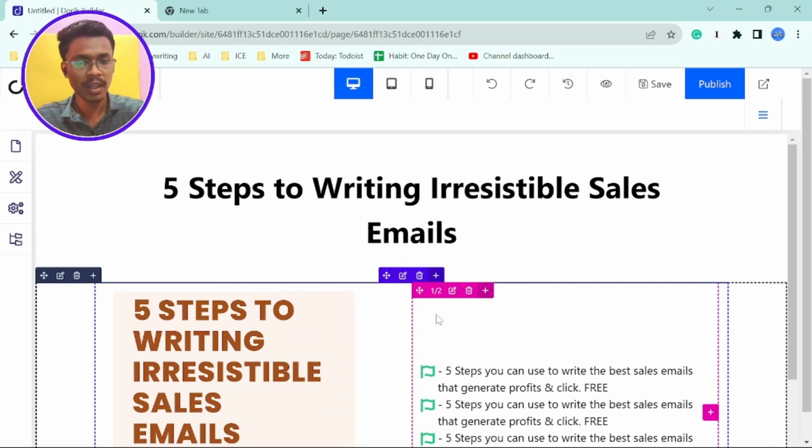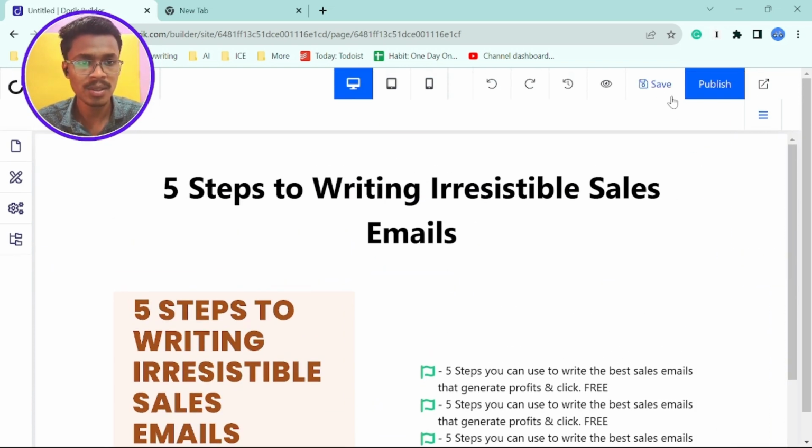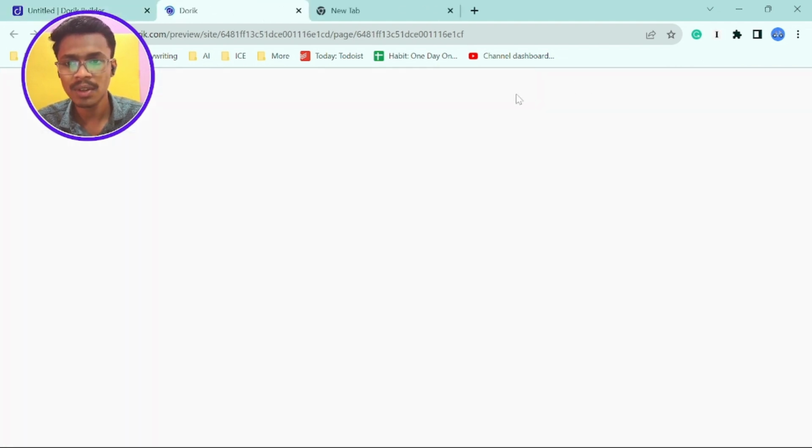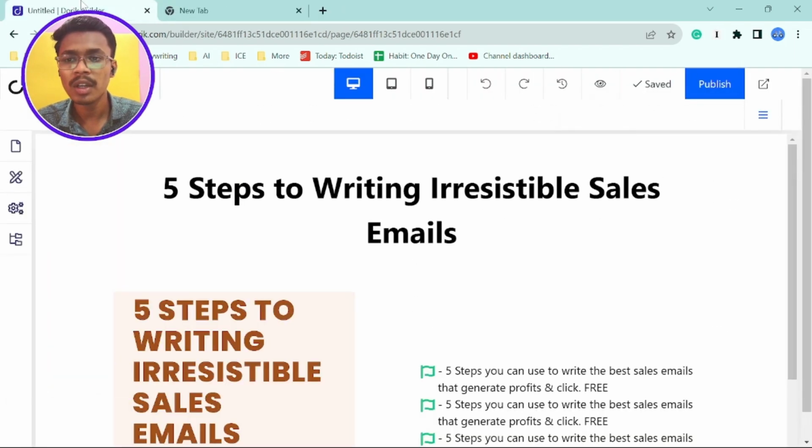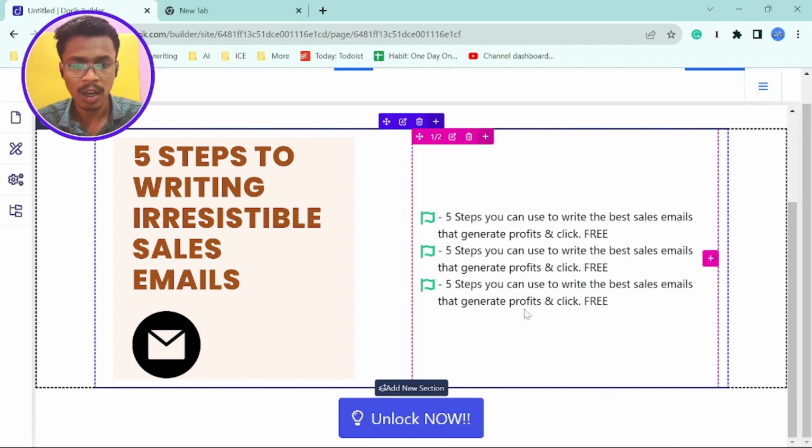Once you have this funnel, you can just click on save, and then you can even click on preview once it is saved. And here you will see a kind of demo of this, and there we go. It looks pretty clean and good to go. Now basically guys,